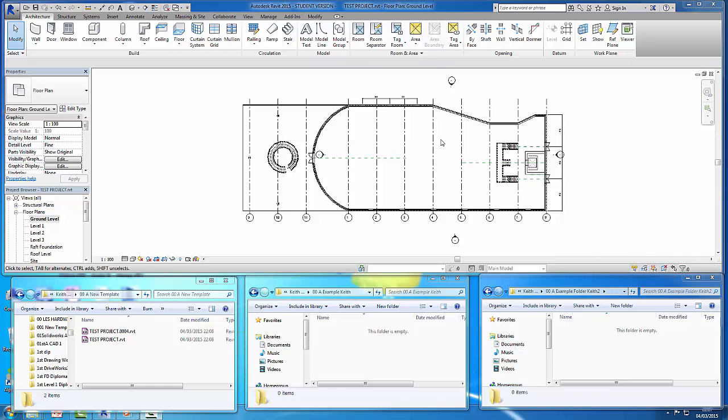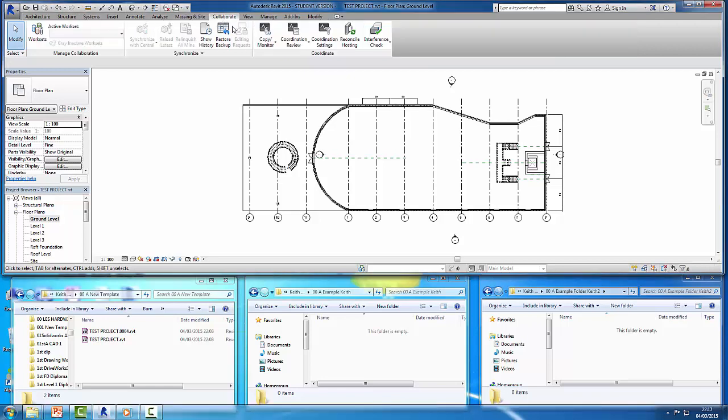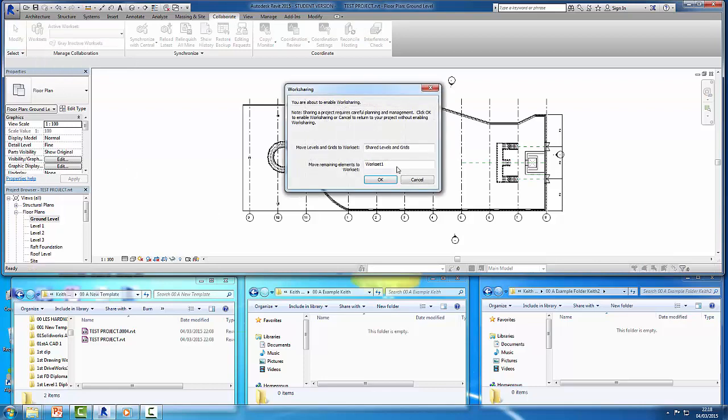So the first thing that we're going to look at when we start creating the work sets is if you go across the top ribbon and click on Collaborate. That then brings up this other ribbon that has information on there: copy monitor, coordination review, coordination settings, reconcile hosting, interference check. The one that we're concerned about on the left hand side is what we call work sets. Now if you click on work sets, you'll get this work sharing